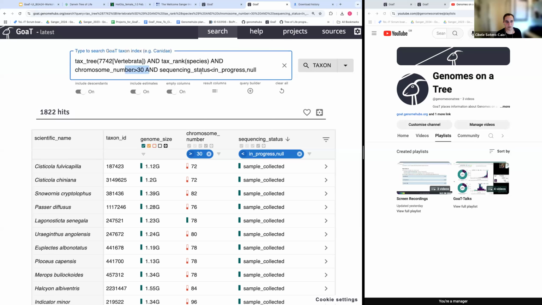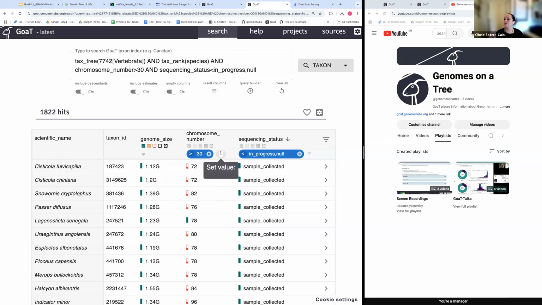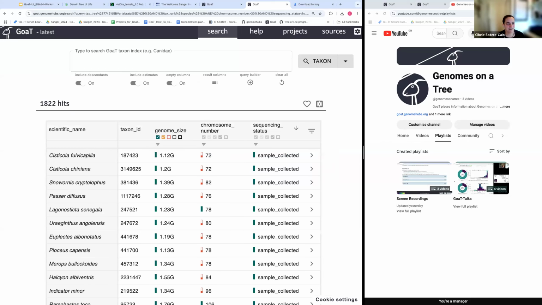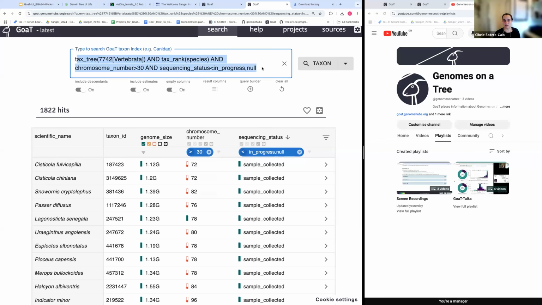This is transposing the query that we did in the box, but ideally, even if I didn't put that there, I would be able to just come here and set the value. So let's say I don't want 30, I want it to be different than 30. I would be able to come here, type that and hit enter, and it would update. It was working before. It will work next week, but it's not working today. Let's see. Not equal to 30. Please. No. So it's just going back to whatever; the search box is still powerful right now. It just dictates what it wants. But at least you can see here.